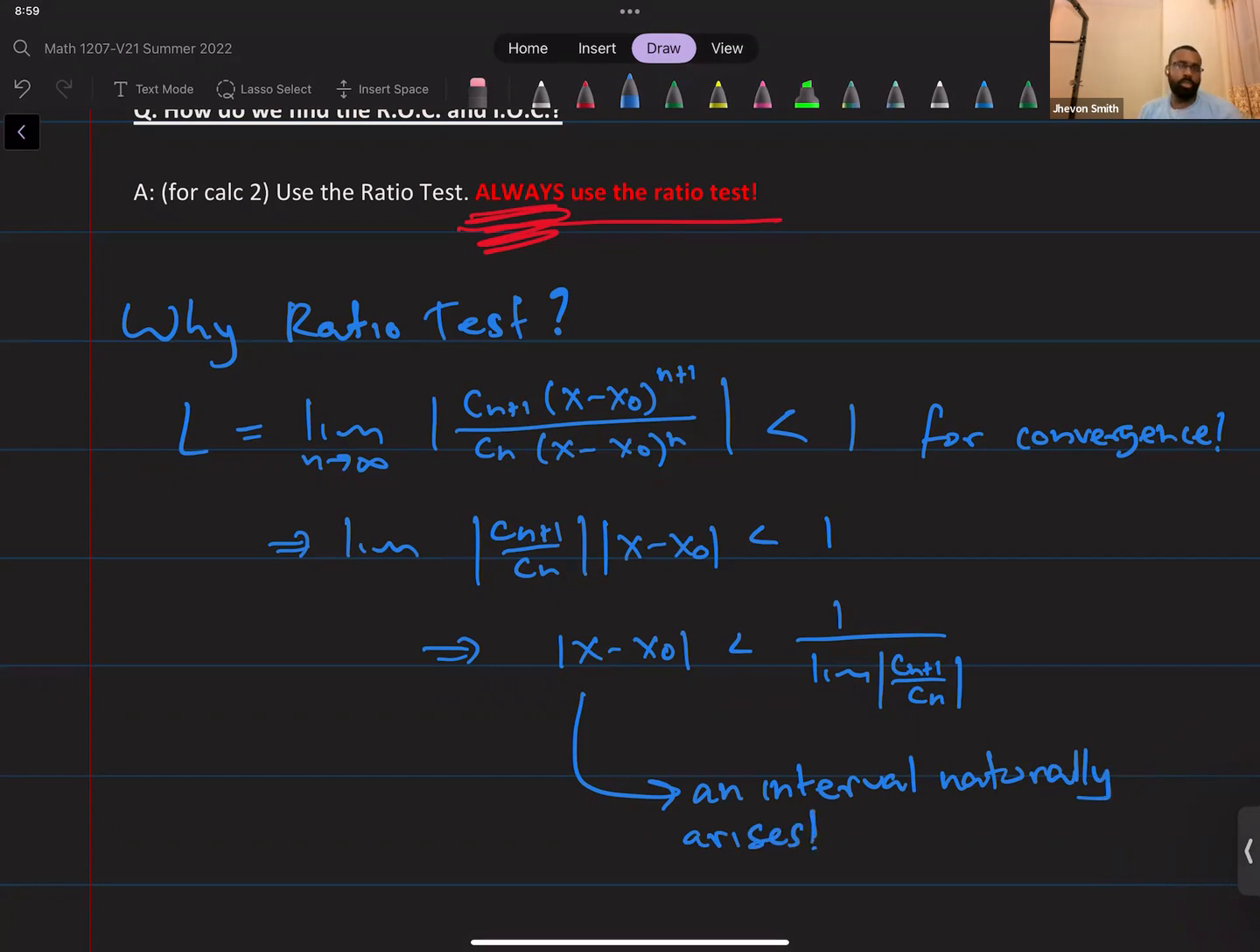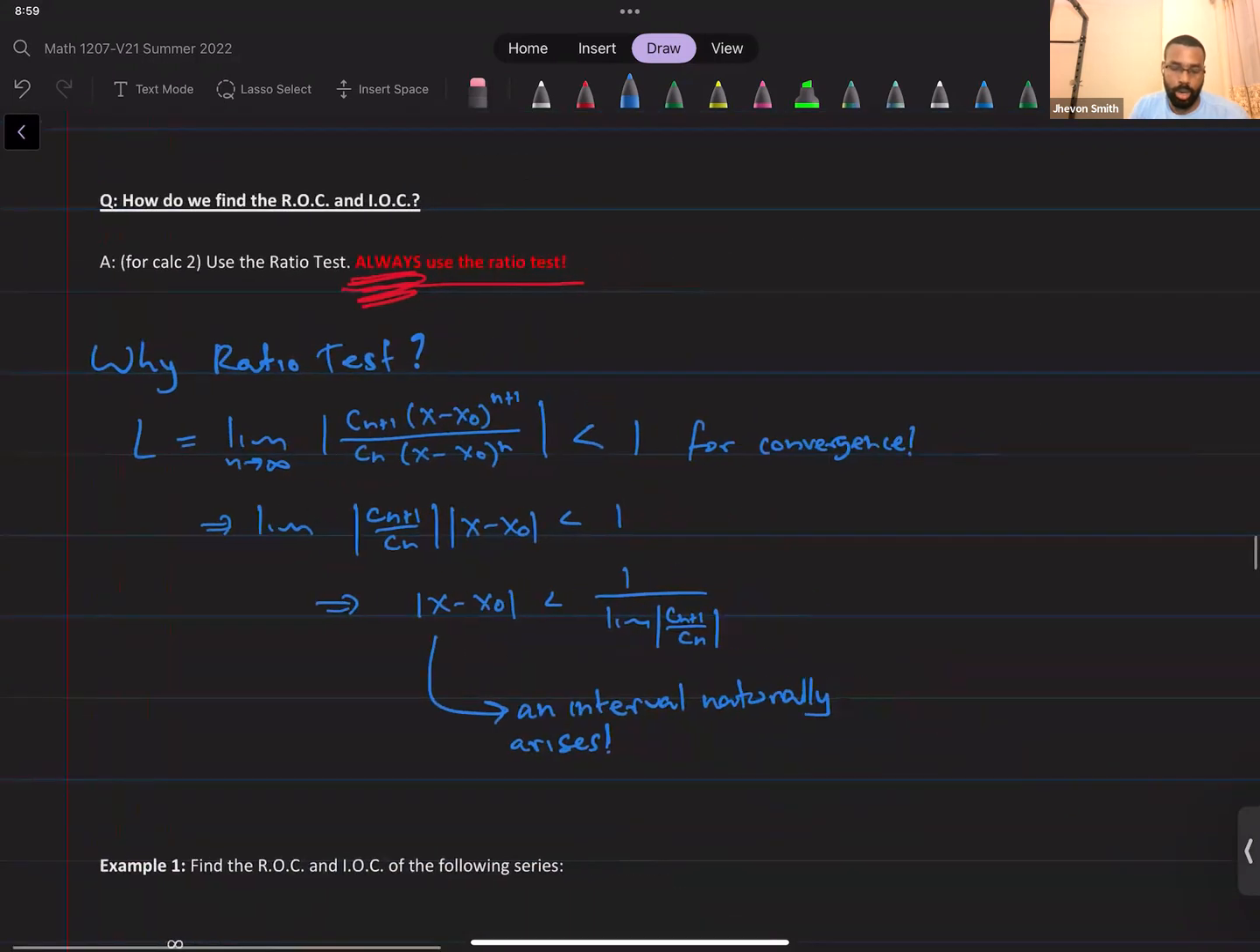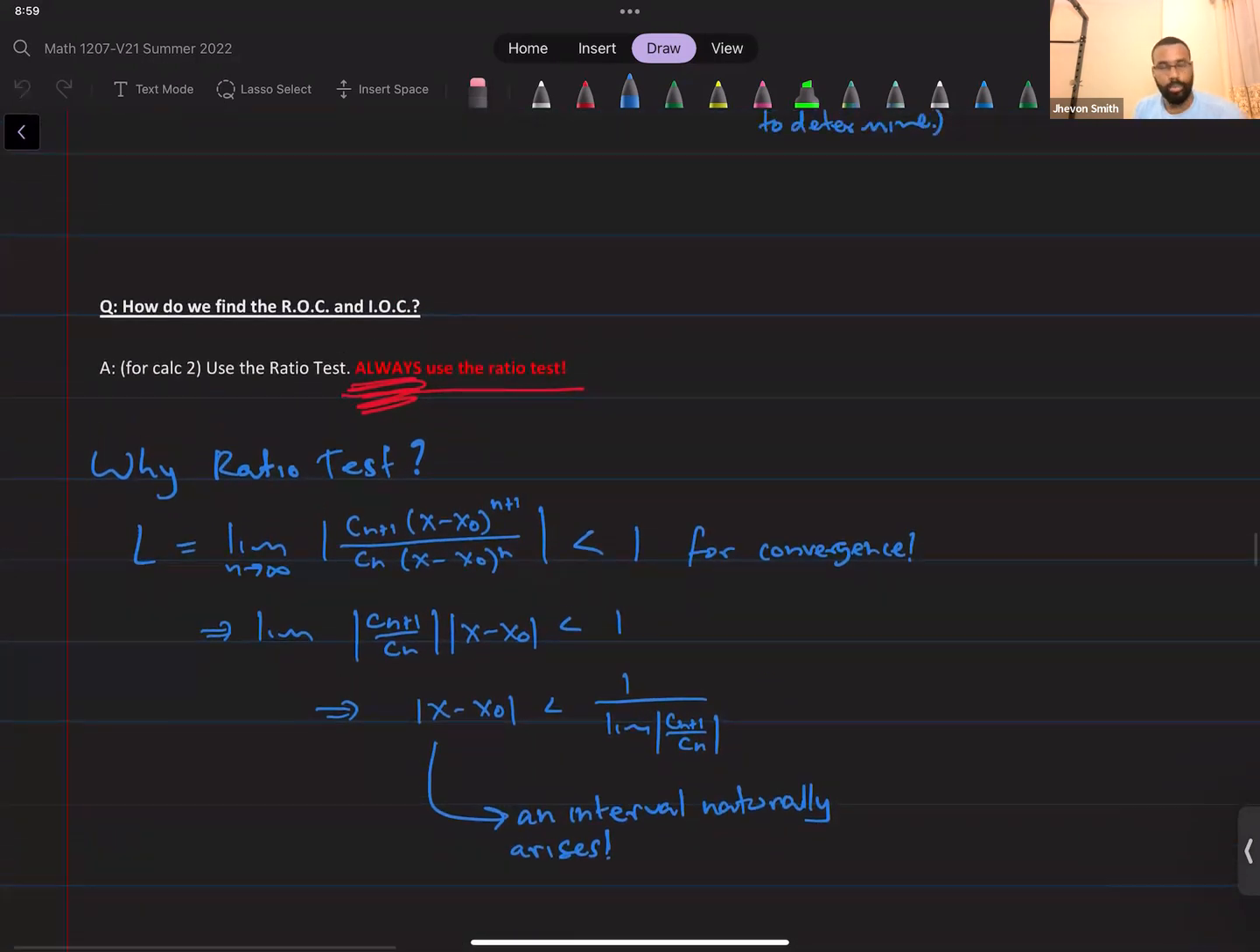The same is true for the root test, but the root test is kind of weird. The nth root of something, it's very hard to actually calculate what that is. But yeah, so to determine the radius of convergence or interval of convergence for a power series, we're always going to do the ratio test because it gives us an interval right away, and we know convergence here means absolute convergence. The root test would give a similar answer, so that's why we just go with the ratio test,